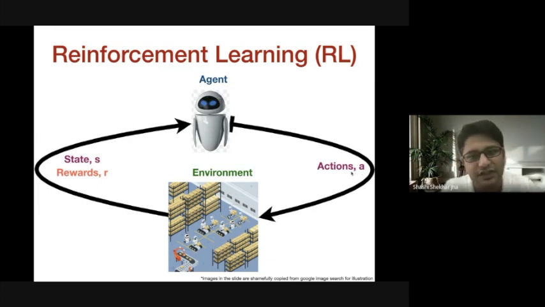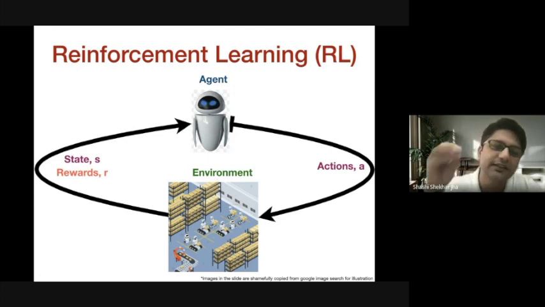So the agent chooses an action, and then that action gets applied onto the environment. This is some kind of automatic environment, like a smart warehouse where only robots are deployed. Amazon and these big companies are already doing this. They have warehouses where only robots are deployed. So the agent takes actions on the environment, and whenever any action gets applied on the environment, like if the agent just decided to move forward 4 steps, let's say that is an action.